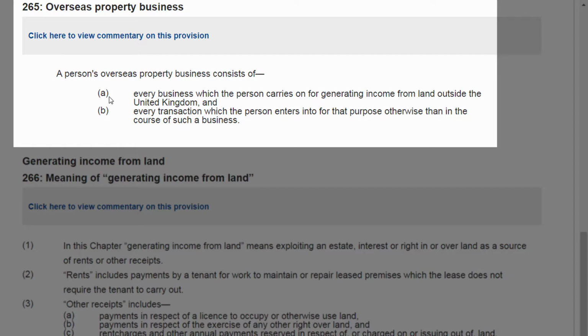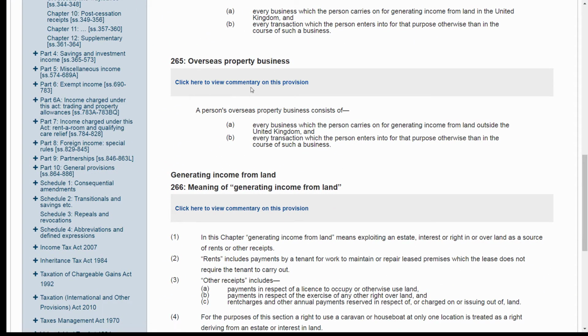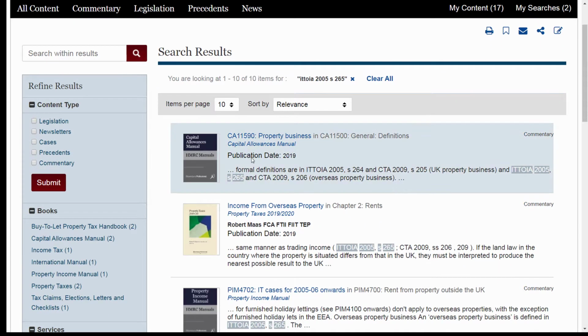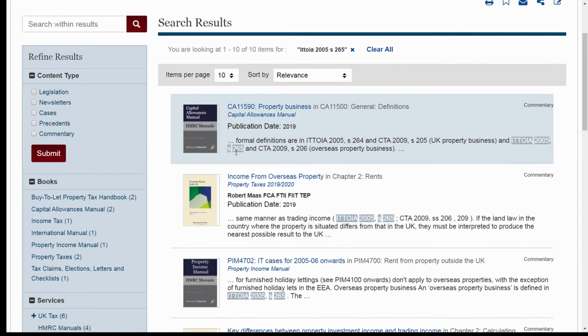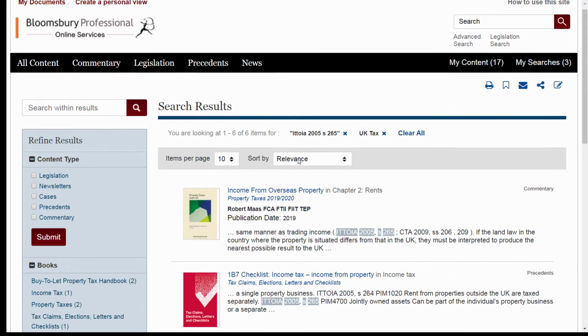In order to see what Bloomsbury have to say about it, you may notice that under every section in the legislation there's this link: click here to view commentary on this provision. If I click that, you can see what we all have to say about section 265. If I only want to see what Bloomsbury have to say, I just click there, and so now